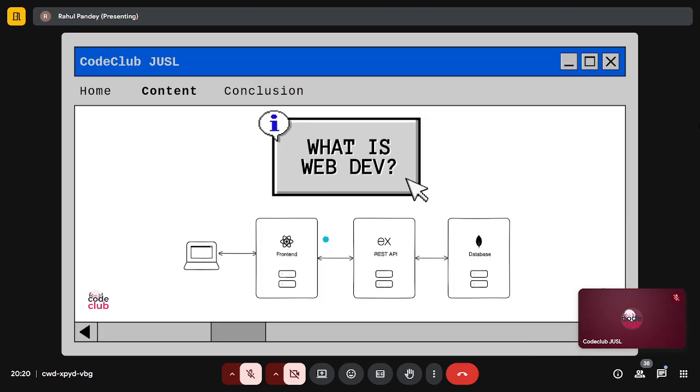Now, if you've done a little bit of dev earlier, you would know that let's say you use plain HTML, CSS, JavaScript, you install a live server extension on VS Code, right? And then it runs your server on localhost 55500, or maybe you use React and with Vite it runs on localhost 5173.